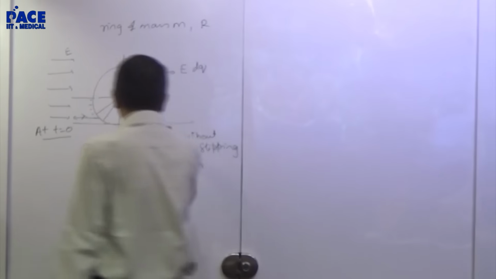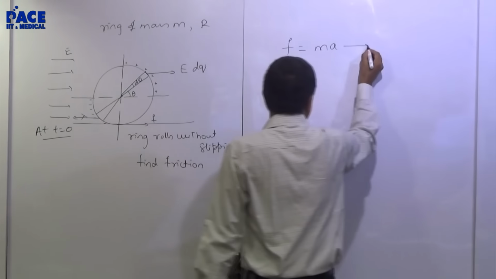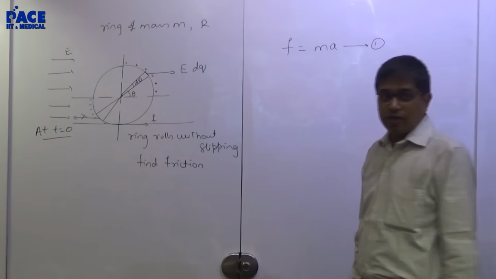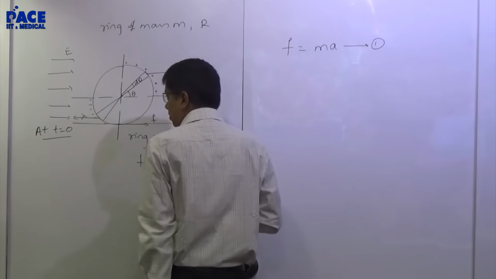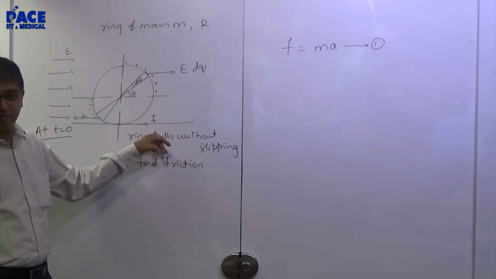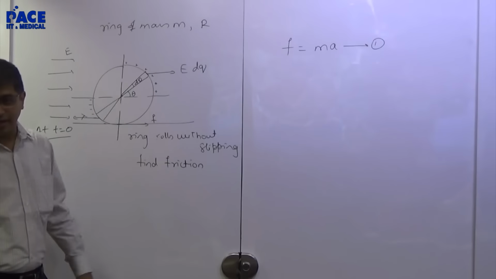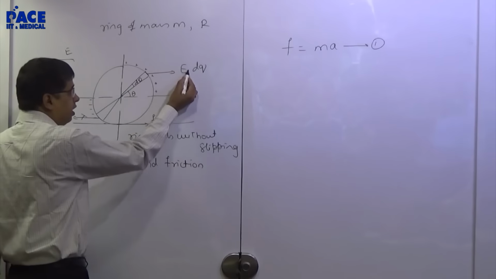Then what is acting on it? Only friction. First equation is F equal to ma. How simple it looks. The second equation will be the torque equation about this. How do I get the torque equation? Torque due to friction I can conveniently take. Torque due to E dq I will have to integrate because it's a variable. Now at an instant E dq